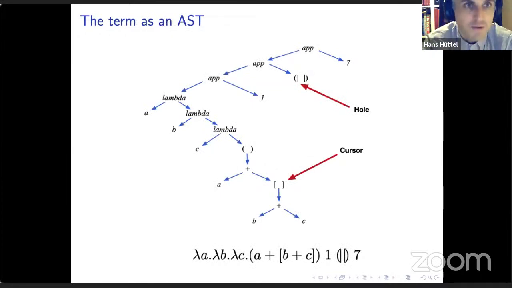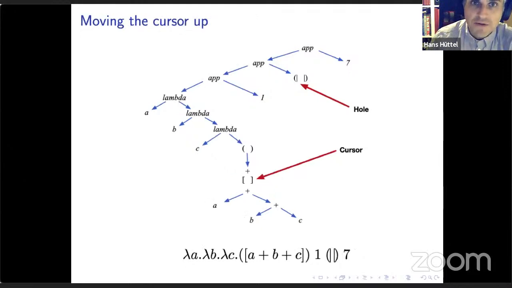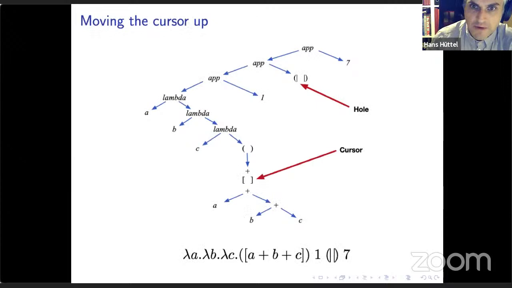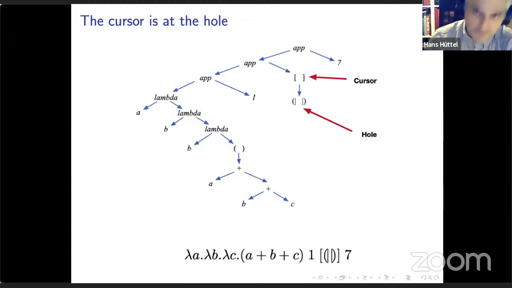Now, here's an example of an AST with a hole. This is in fact the term we just saw. Lambda A, lambda B, lambda C, A plus B plus C, and the cursor is enclosing B plus C, and we've got 3 arguments now, 1, hole, and 7. Here's the hole and here's the cursor. Now, suppose we want to move the cursor up. Let's see what we did. We moved the cursor up. Now it points to A plus B plus C. It's enclosing A plus B plus C. The cursor is moved now. We could then move the cursor